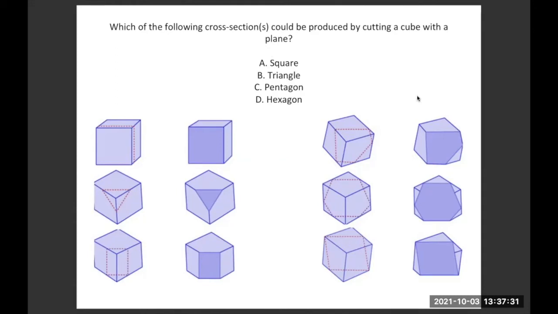These 3 options are unknown to many of the students: the pentagon, the hexagon, and the rhombus. So you have to cut it along any diagram, any angle. Also think about cutting the cube at any weird angle. This is straightforward. This is a 45-degree cut. This is a 90-degree cut. This is also a 90-degree cut. This is some kind of weird angle cut, and this is also some kind of weird angle, probably a 60-degree angle cut. I'm not sure. So you have to think about even these possibilities here.